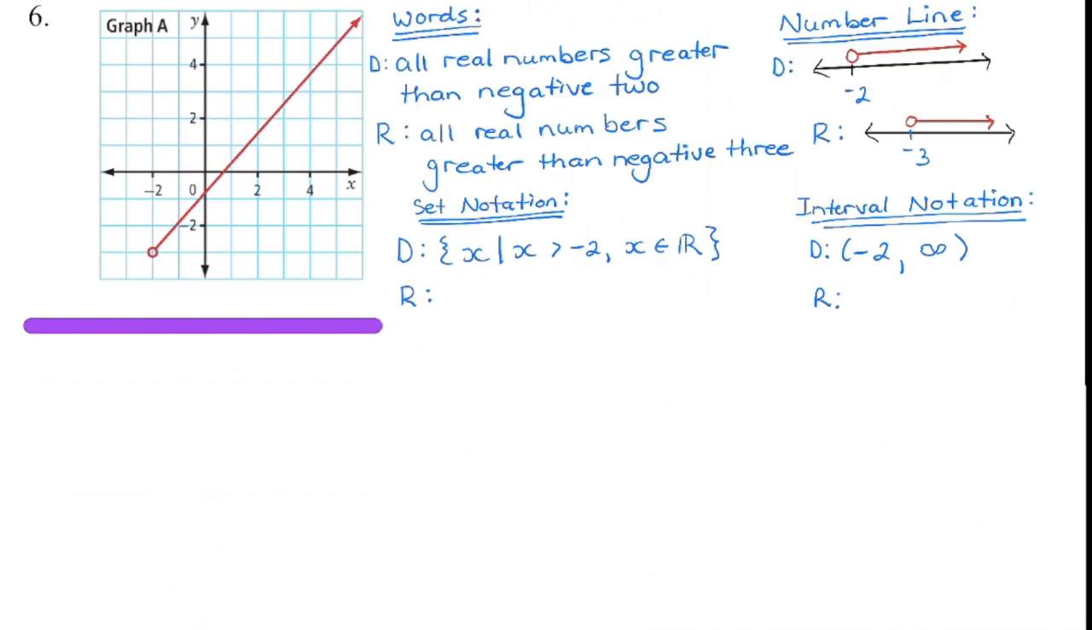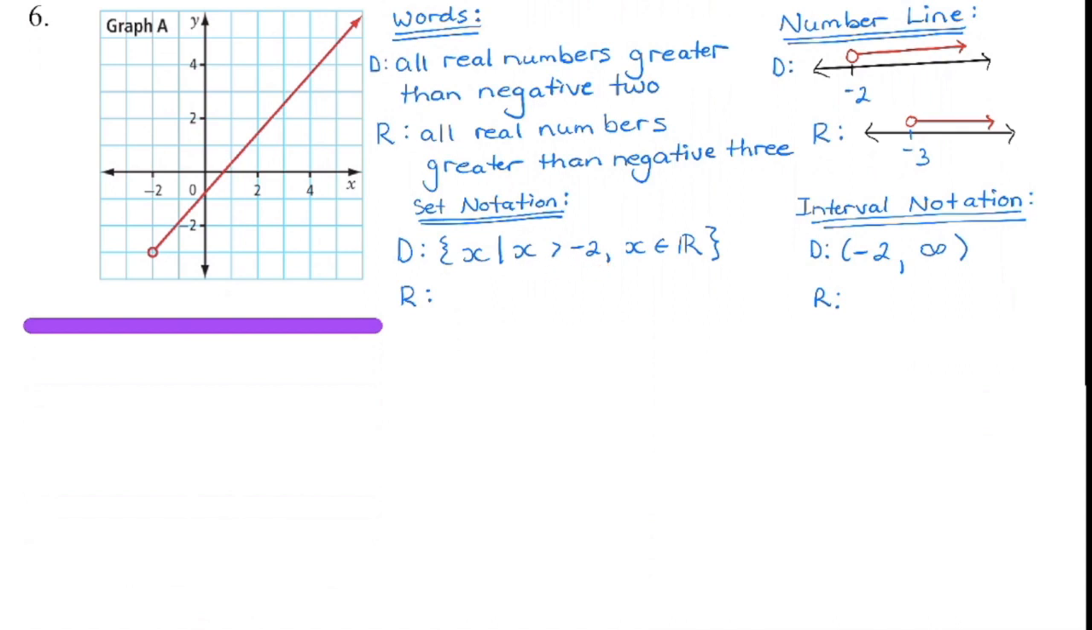So in terms of the words, our graph lies on all real numbers greater than -2. We are not including -2, so hence we have greater than -2, and we also have that open circle to show it's going to be every number greater than that. And then in terms of set notation, we have the domain is a set of x such that x is